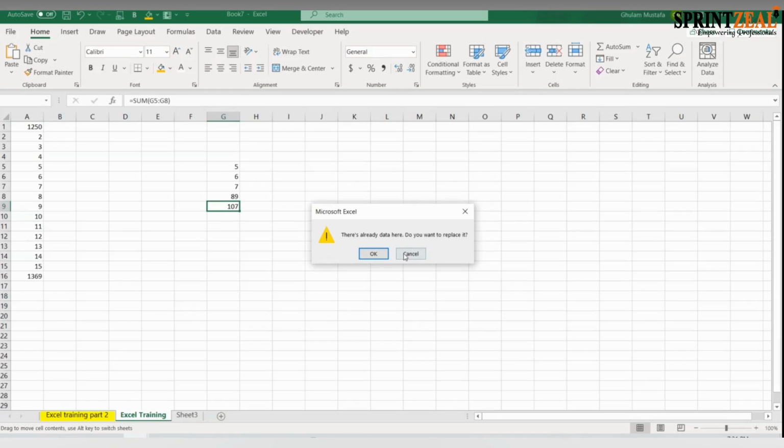Okay, and now you can see in the formula bar, it tells you that you just added the numbers from G5 to G8. G means column, 5 means row. G5, G6, G7, G8 means I added the numbers from the single column G and the rows from 5 to 8: 5, 6, 7, 8. Okay.